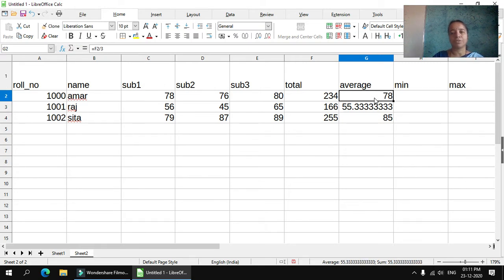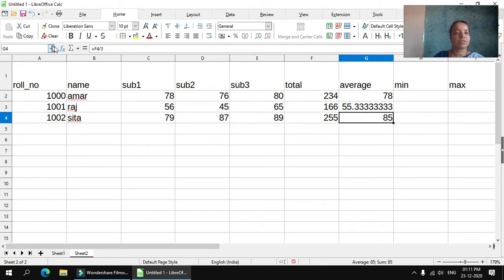The same answer is showing. When you copy this formula, it will show F3 and F4 divided by 3. Why have you divided by 3? Because the number of subjects is 3. Total marks divided by number of subjects.